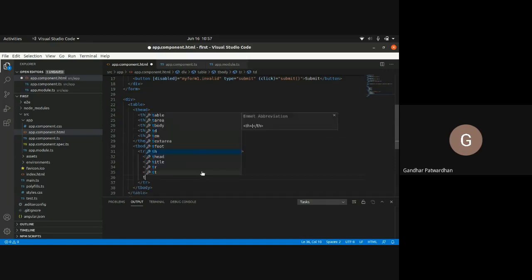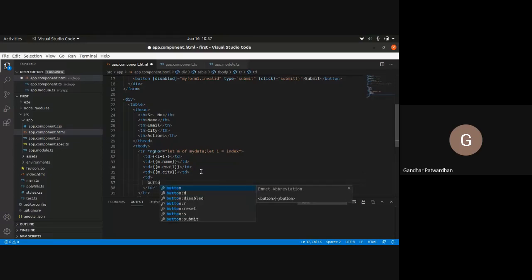And in my TD, I will add a button. And in that button, I'll simply write edit. And in my button, I'll have a click function equals to, and I'll simply say edit data.